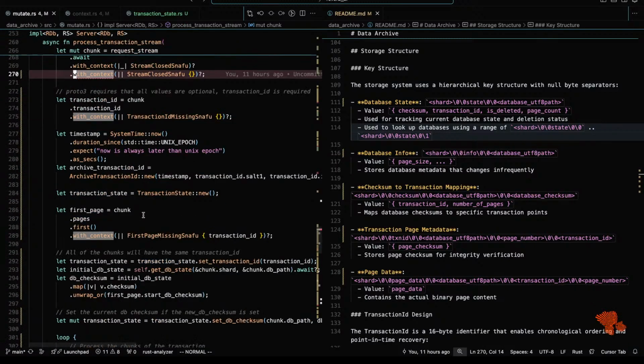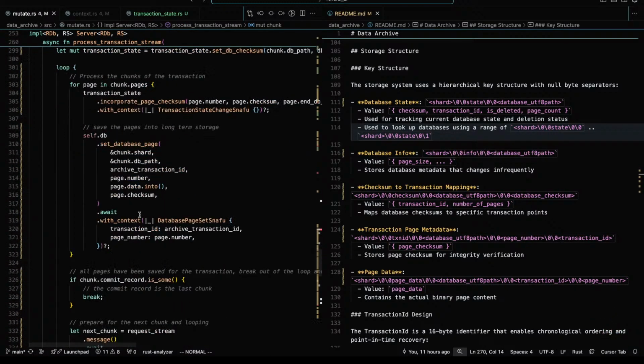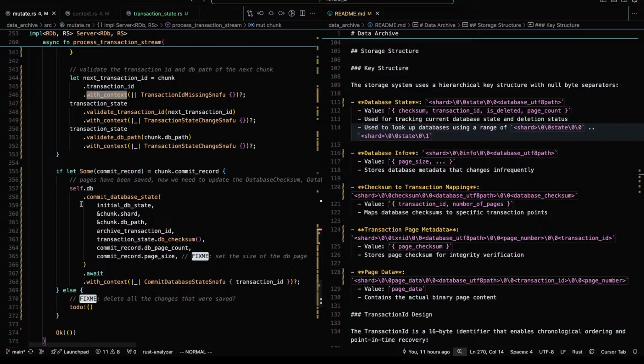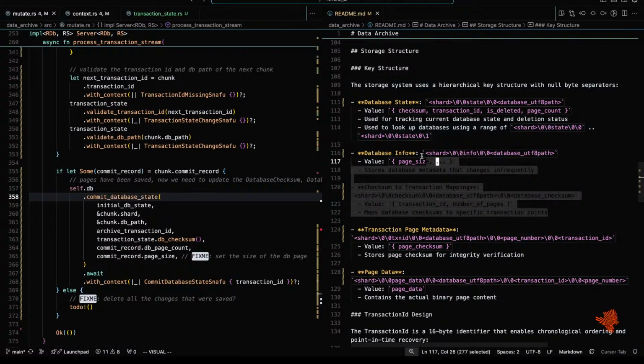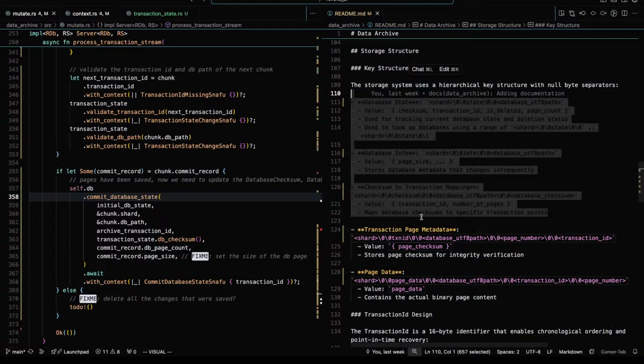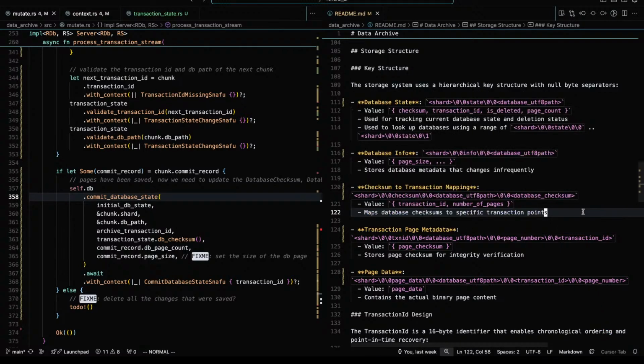Okay, so we'll mutate in here, do some changes, and then we want to do a commit database state, which would do these three. And we would want context, basically use the same code. That's our test code.